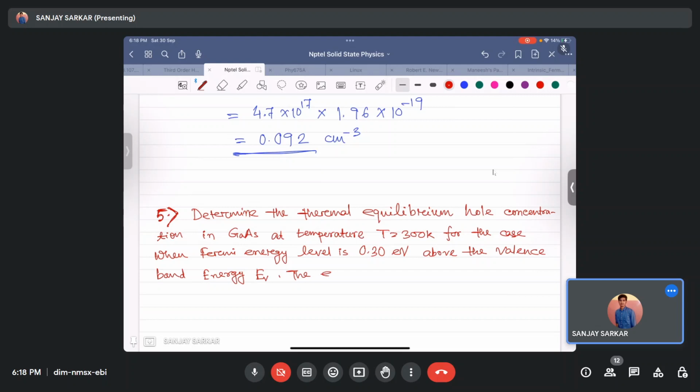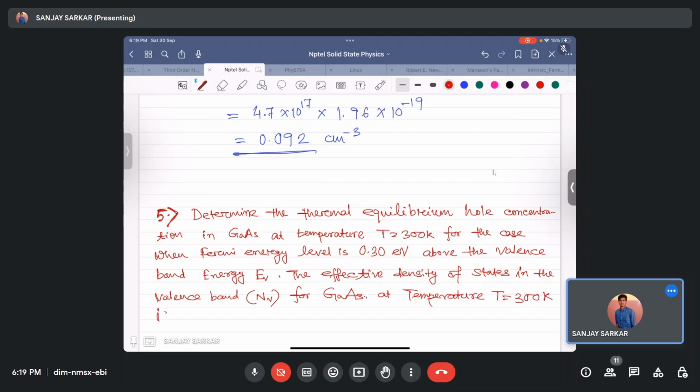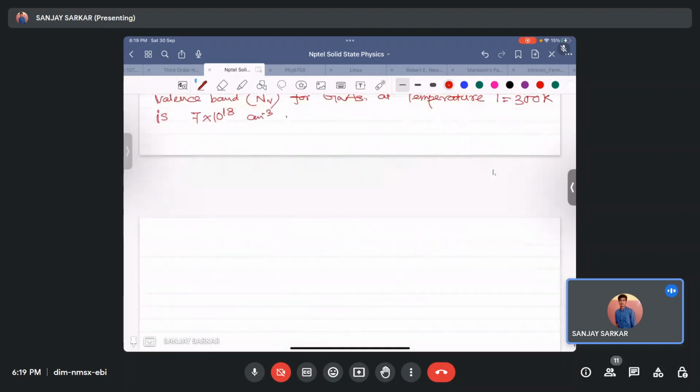And the effective density of states in the valence band, which is also denoted by NV, for gallium arsenide at temperature T equal to 300 Kelvin is 7 into 10 to the power 18 centimeter cube inverse, and kT is given. And the options are